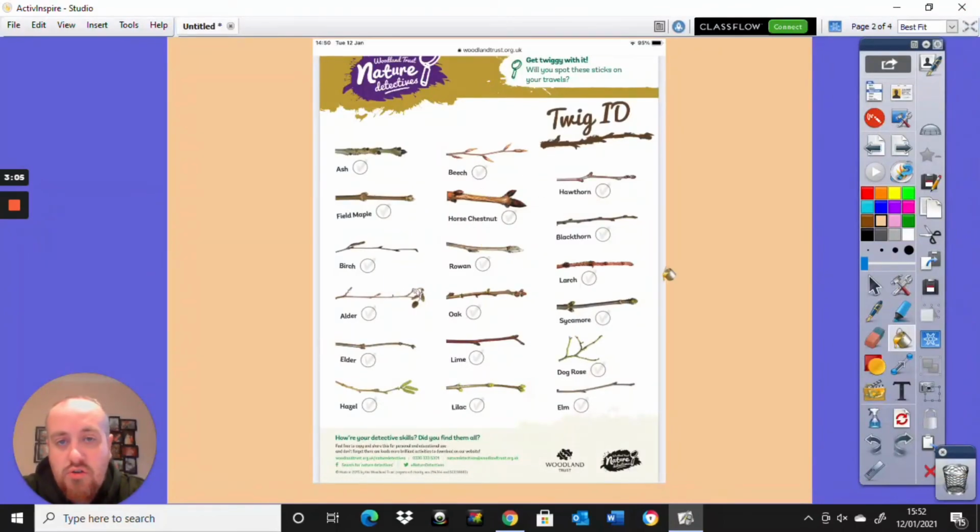Now there are loads of different ways you can measure trees while you're out. If you've just got a ruler, you could measure branch sizes or the width of a branch or how big any leaves are. But with it being winter time, it's quite hard to tell which tree is which. So if you think you might struggle with that, you can download from the Woodland Trust website. So if you search